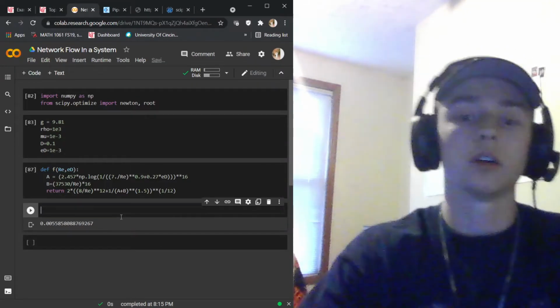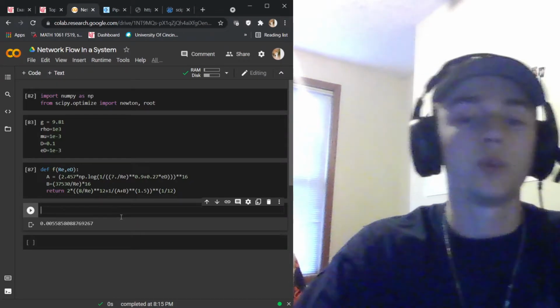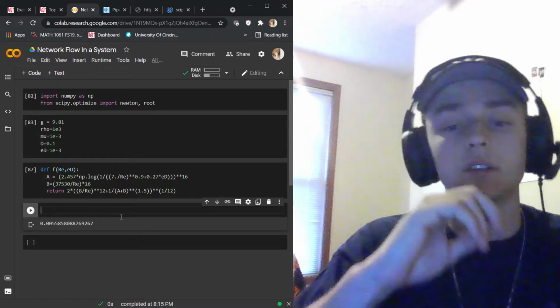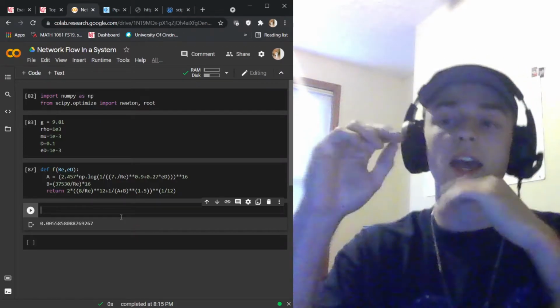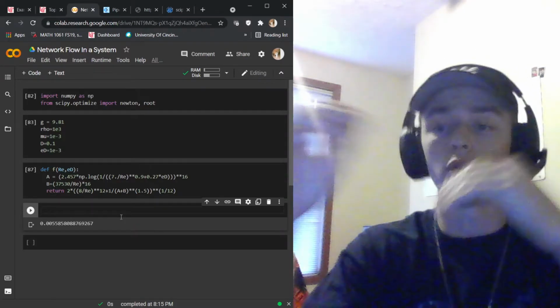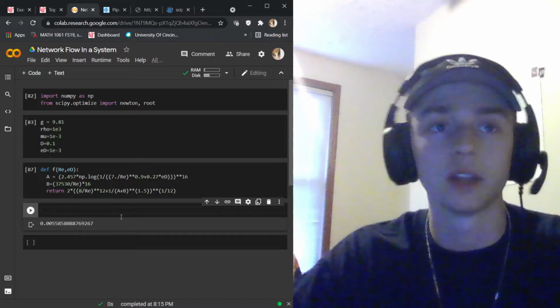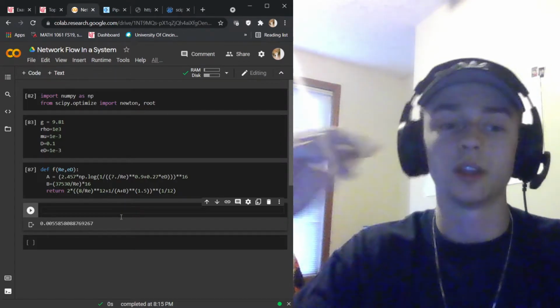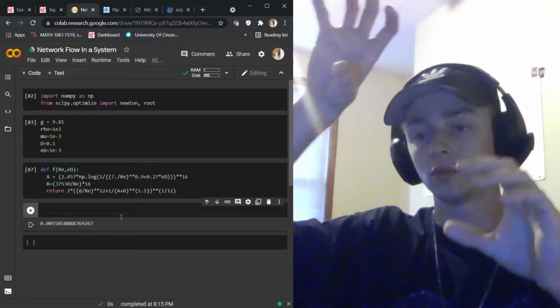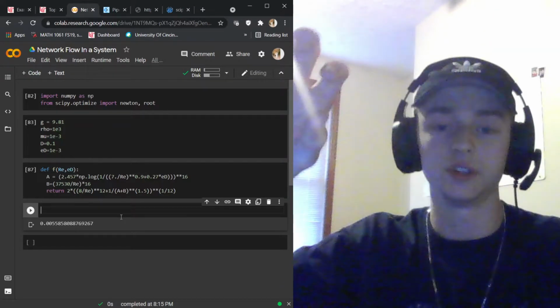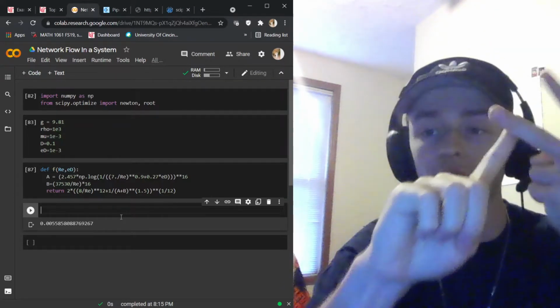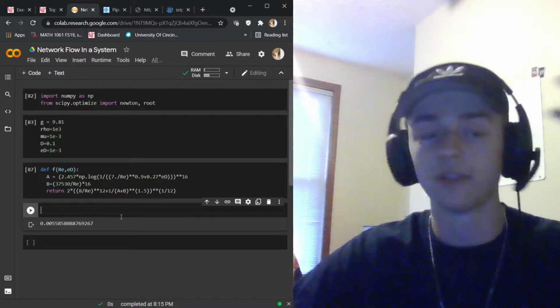And so from here, what we can say is that we need to create a function that gives us the change in head in our fluid as we move from one node to the other through a pipe. So if I said, let's go from node 0 to node 1, then the change in head would be node 1 minus node 0, and that's dependent on the flow, length, K value,